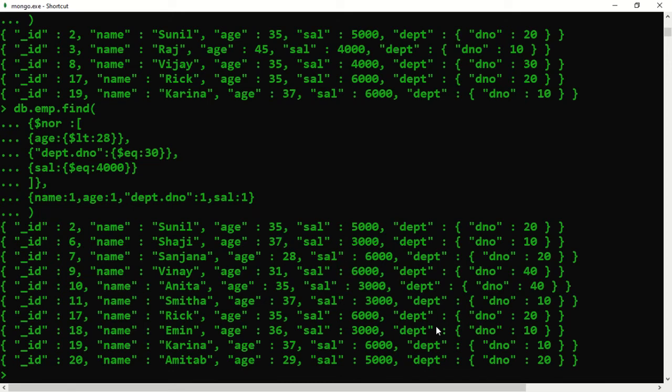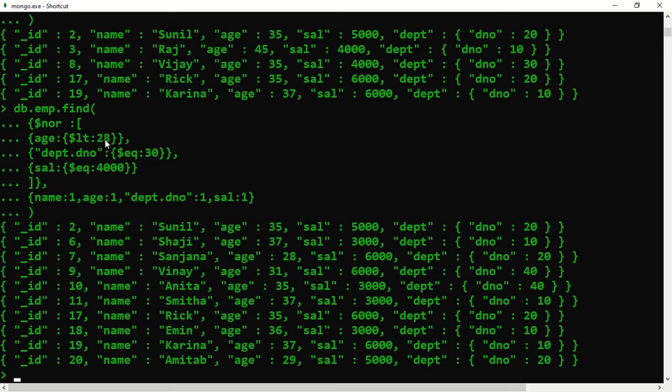Now there will not be any department 30 here, as you can see, because we want to negate this condition. So 10 is there, 20 is there, 40 is there, but no 30s. Again, when you say salary equal to 4000, there will be no 4000; all the other salaries will be there, 5000, 6000, 3000, but no 4000. Again, age less than 28, to negate this condition it should be 28 or greater.